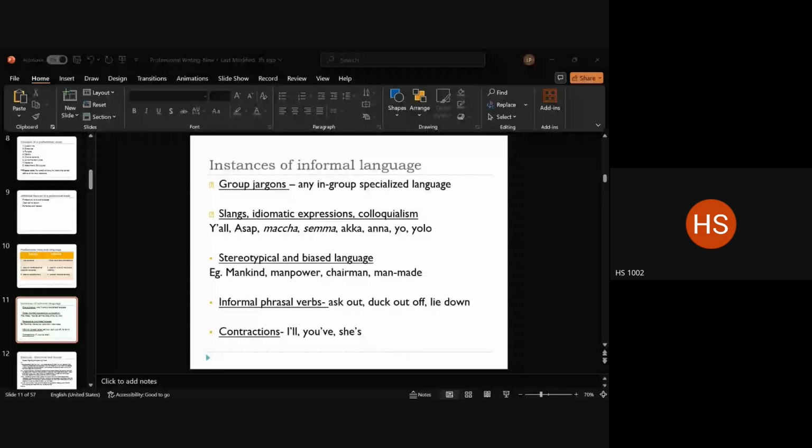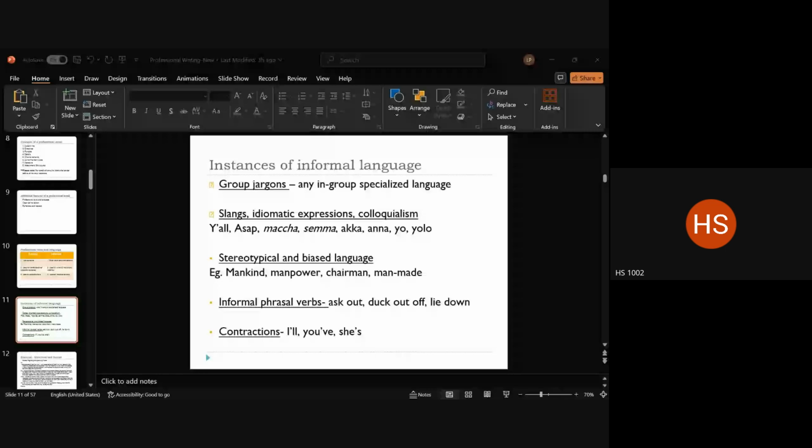And it shows possible traits of bias. Yeah, mankind you replace with humankind, right? You simply say human. Yeah, you are right. Exactly. So for any sort of racial differences based on physical differences, we have names for all that. So instead of addressing them by their race or by the place they come from, we have all kinds of derogatory things that we've come up with ourselves. So this again is definitely something that is not allowed in the professional space, and in writing particularly, it can attract even legal action, right?